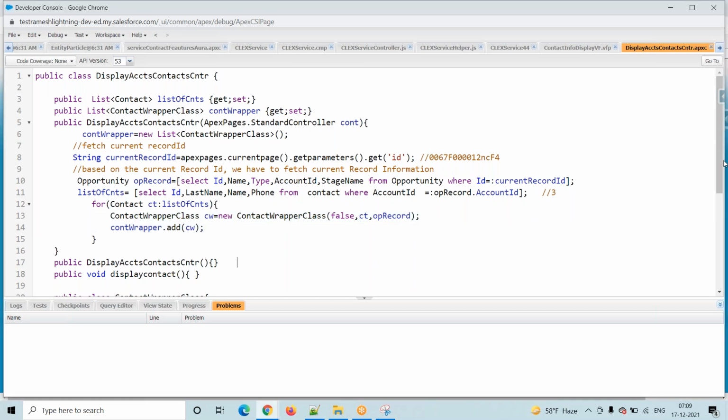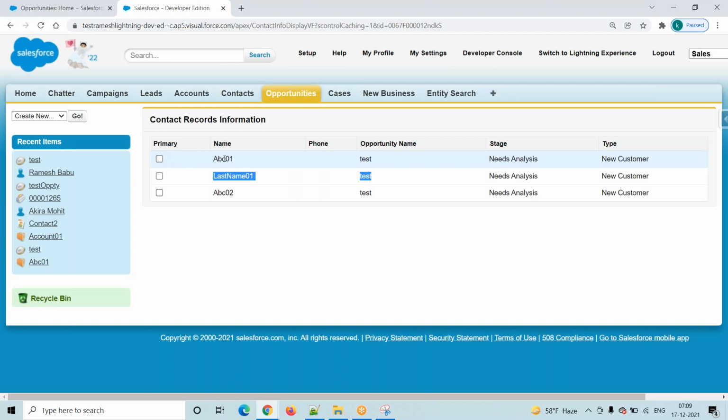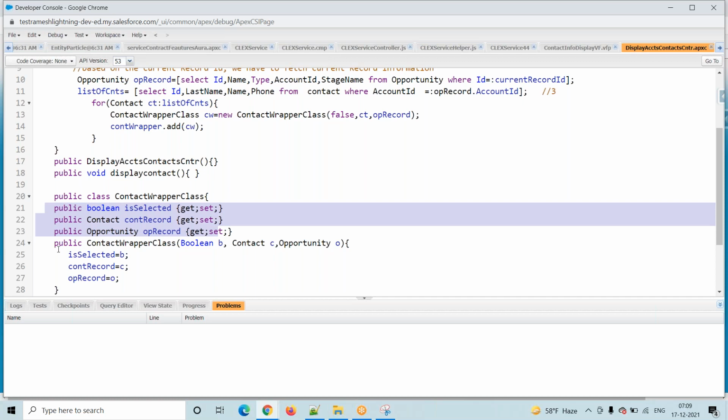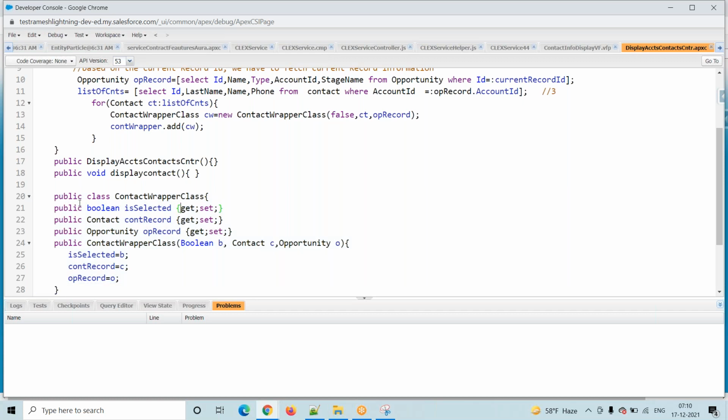Just observe this, we prepared one template. My client is expecting this template. How do we know which fields we have to use? He is clearly mentioning: checkbox we need, contact record information, opportunity record information. Yes, those fields we are writing. Then this is a standard contact wrapper class, right? Then the constructor, and here we are using the same variables and assigning this variable to this particular variable. This is the standard format only. Mostly this type of constructor they will use, with the variable alignments also in the same way, whenever we are writing a wrapper class anywhere. So this is my template we prepared.